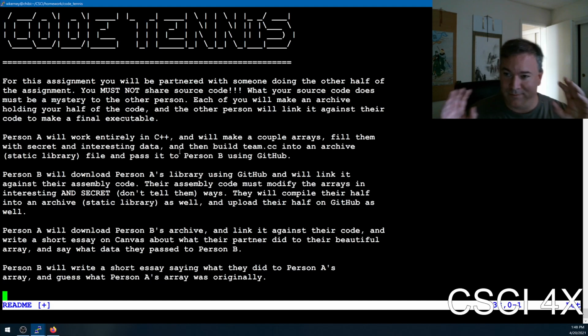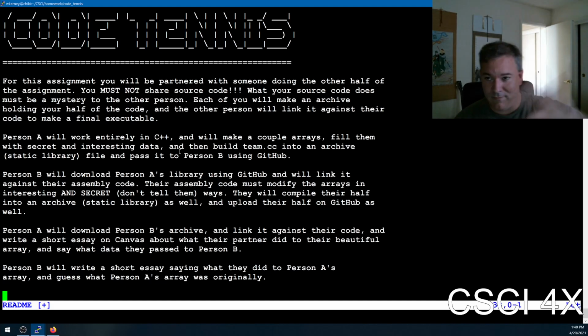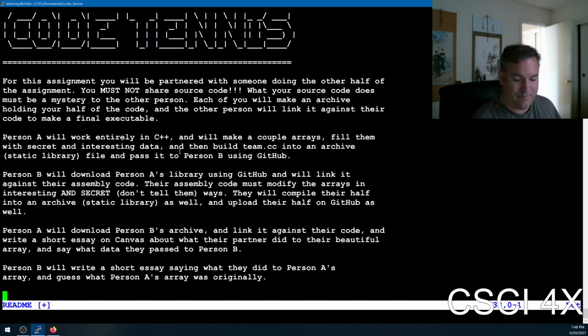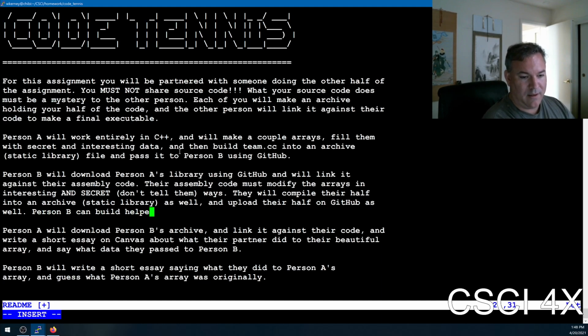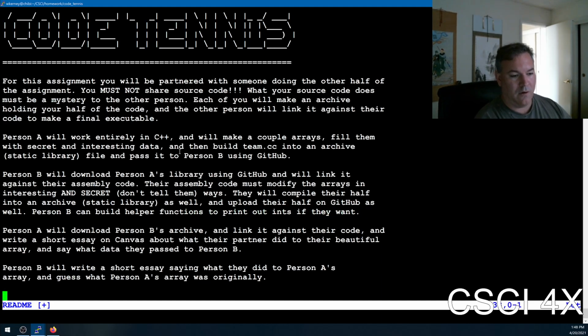I'm going to read both partners' halves and see if the other person could figure out what the other person did. Okay. So don't cheat. Don't share what you're doing. Person B can build helper functions to